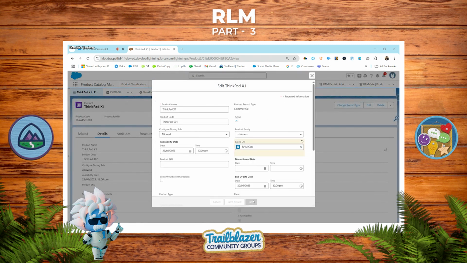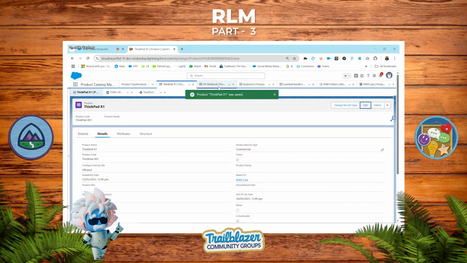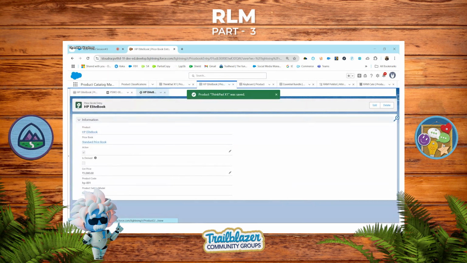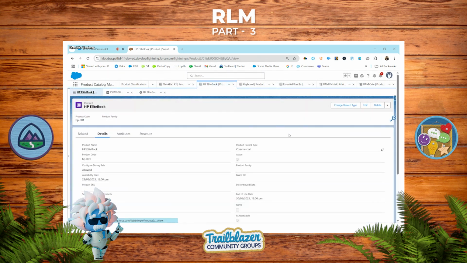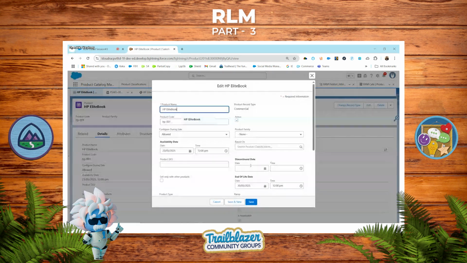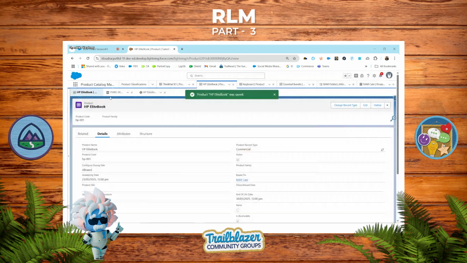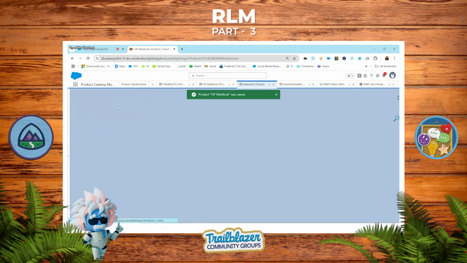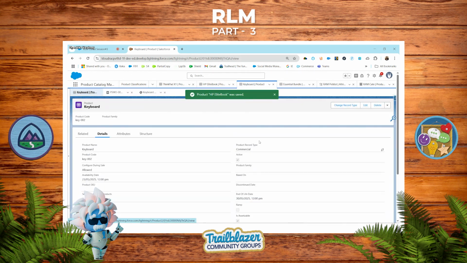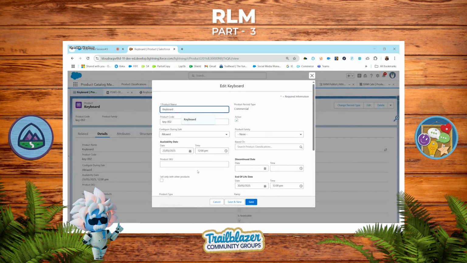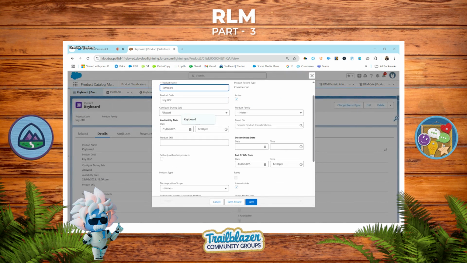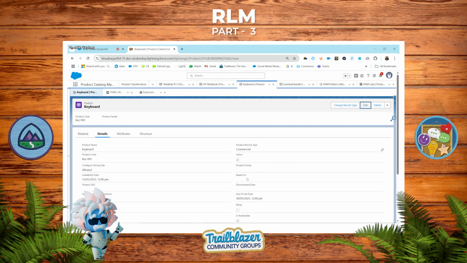RAM cat, save, and same on the HP Lightbook and the keyboard. For keyboard, we don't have any category, so it is optional.